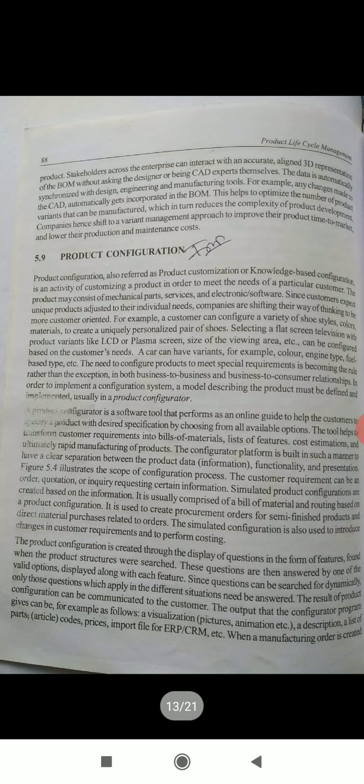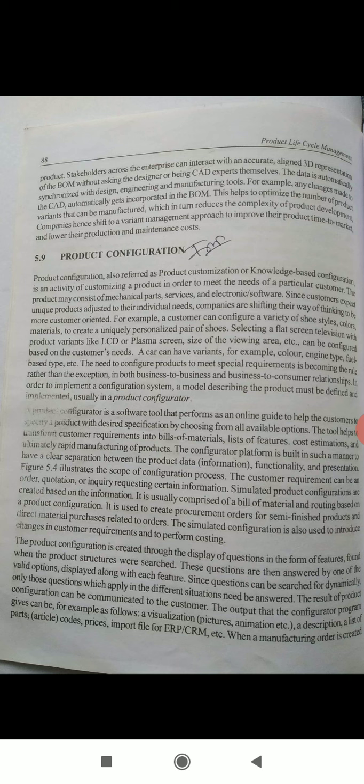It is used to create procurement orders for semi-finished products and direct material purchases related to orders. The simulated configuration is also used to introduce changes in customer requirements and to perform costing.